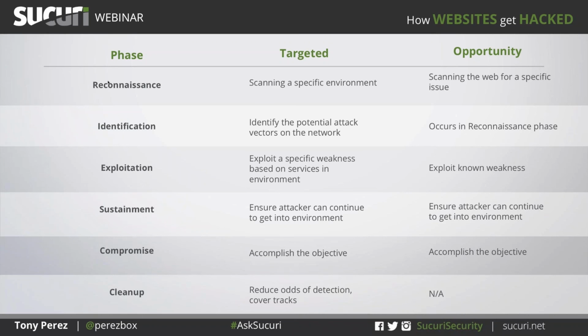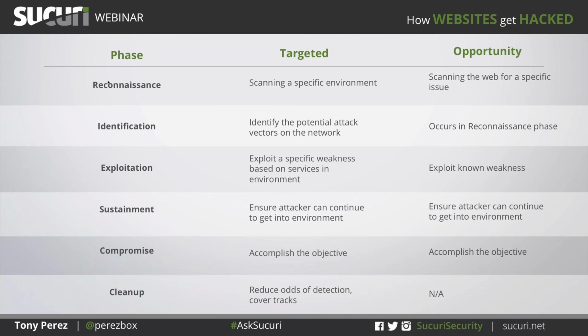Once that success is achieved, it's a matter of, okay, I'm in. What am I going to do? Usually this goes into the sustainment phase. This is where attackers install their backdoors or other means of ensuring that they can retain access once the compromise is complete. They put them in remote locations, in areas where you won't suspect or identify where they are. On the targeted side, it can be more automated, but it doesn't necessarily have to be. On the automated side, they're just dropping everything in there: backdoors, anything that gives them access.